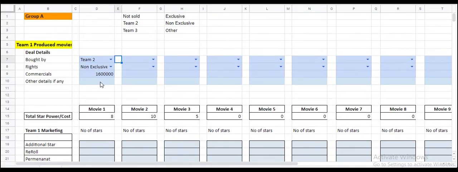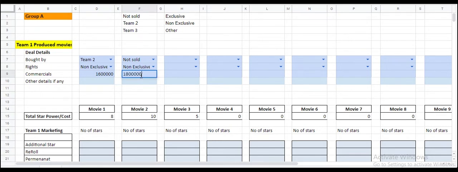Let's take another example, say movie number 2, and let's assume TV team number 1 couldn't sell this movie. In that case, they will mention here not sold, because this is a 10-star movie. Because it's not sold, it's assumed that they have sold it to a third party OTT player, which is there in the reference sheet. So here it will be non-exclusive. Commercials will be based on the reference sheet, which I am guessing is 18 lakhs.